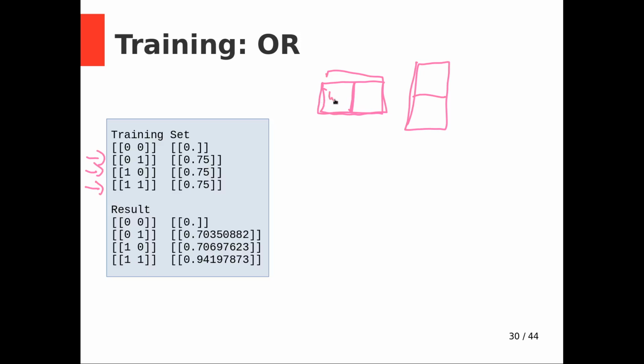I've got some W here, and some W here, and I've got 0, 1. What I'm telling it is I want it to find some W1 and W2 such that 1 times W1 plus 0 times W2